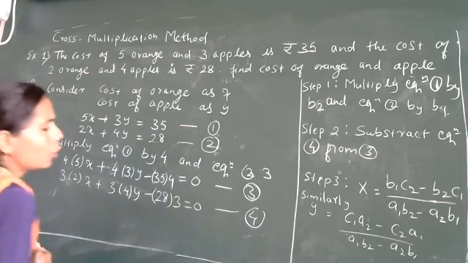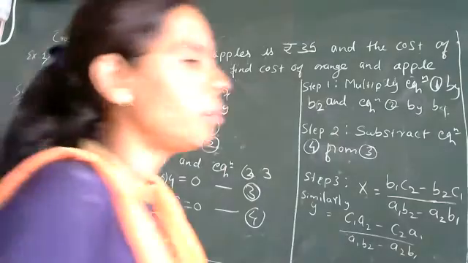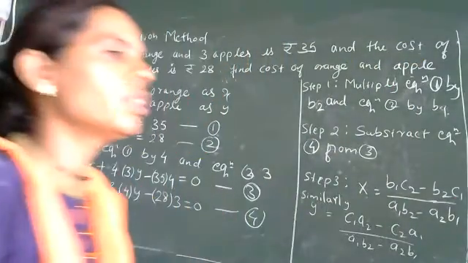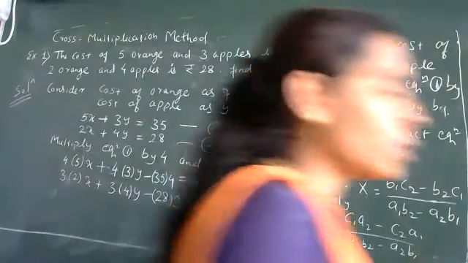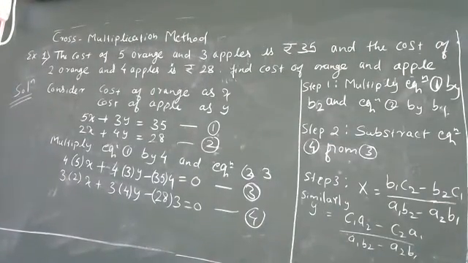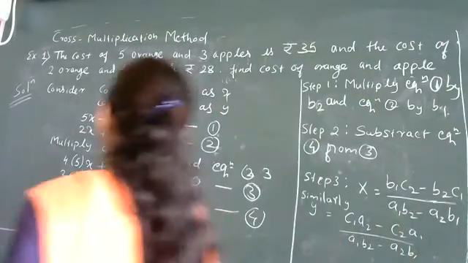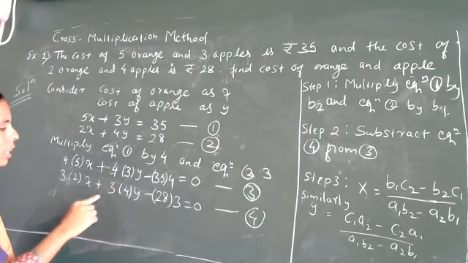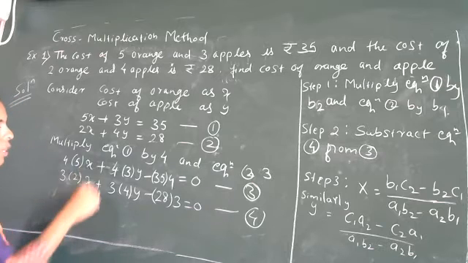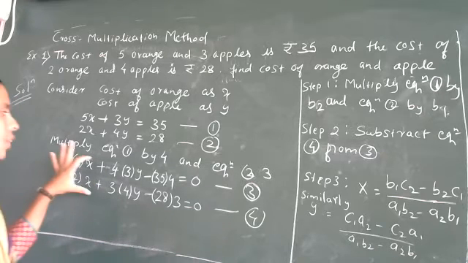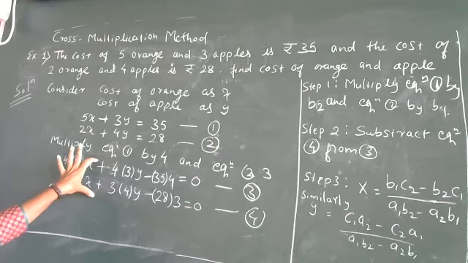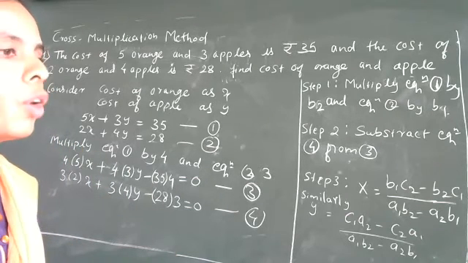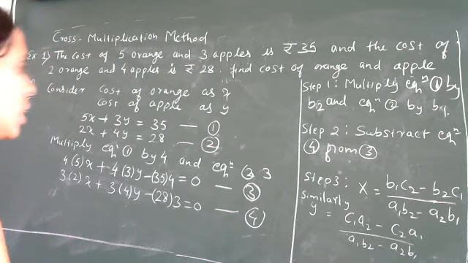Now, after this we have to use the elimination method. And for the elimination method we are using either addition or subtraction. So here what can we use? Addition or subtraction? See here, 4 3s are 12, right? And 3 4s are also 12, but both are having a positive sign, and if we add, it will get added. It will not eliminate. So what do we have to do? We have to do a subtraction.